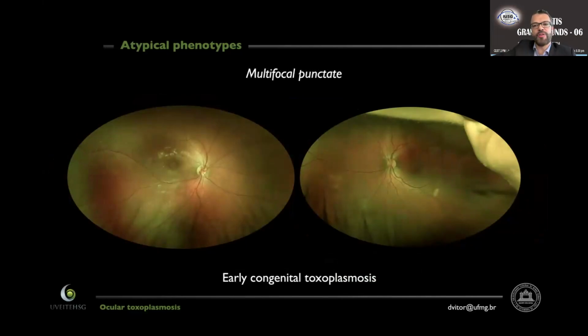And the last form of presentation that I would like to stress, also because we do have Rubens here on the board, is the so-called multifocal punctate retinal choroiditis. We have seen this in two most important situations. First, in children with congenital toxoplasmosis, if we examine these children very early in the first days of life, sometimes we do see lesions in the macula, as you see in the right eye of this small child, but many times we do see peripheral, very mild retinal infiltrates,